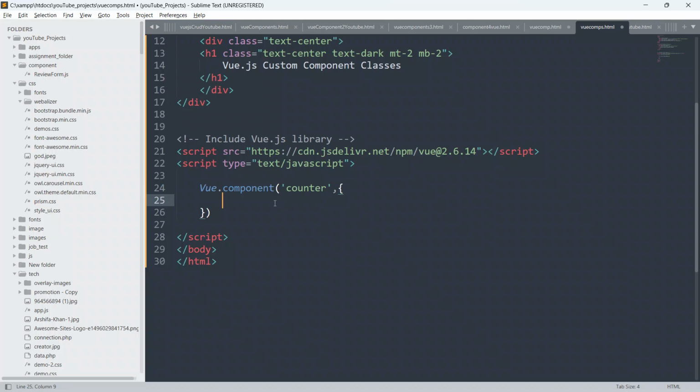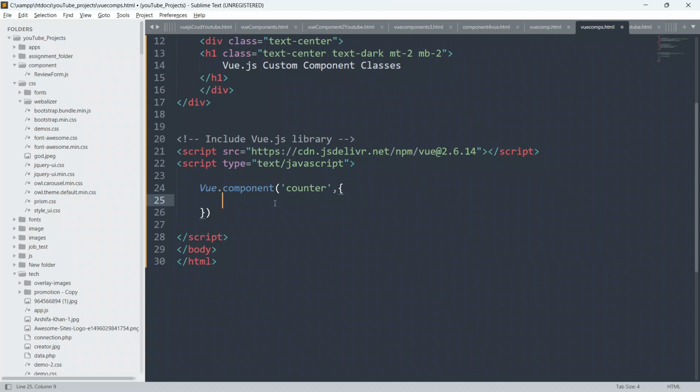Because of that, inside the custom component you can define functions, methods, properties, anything you want, and you can just call this component anywhere throughout your applications.